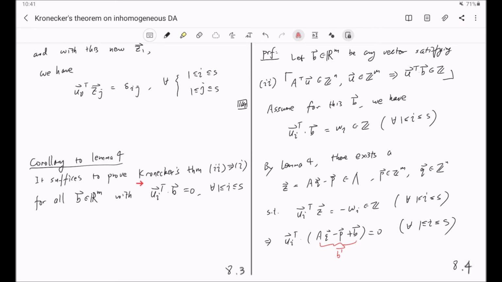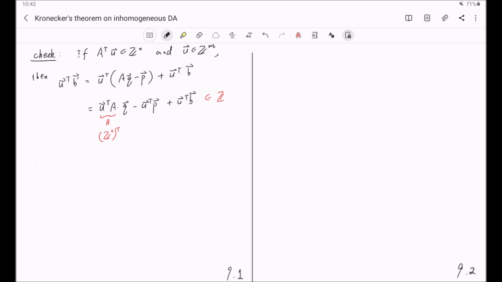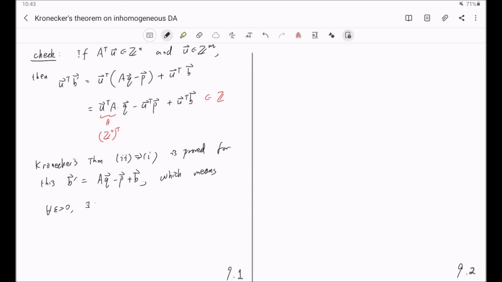And now, because we assumed that the Kronecker's theorem is already proved for this special b, which is b prime in our case, with this additional hypothesis, we have for this b prime, Kronecker's theorem 2 to 1 is proved for this b prime equal to Aq minus p plus b, which means for any epsilon greater than 0, there exists p prime in Z^m and q prime in Z^n,